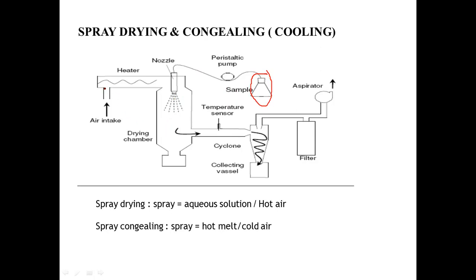Here we are providing the hot air. Then the process is, after the spray drying, due to the heat, they will get coated. It will pass to the cyclone, and here we will collect our encapsulated material. This is our air aspirator, which we use for the outlet of our temperature, and this is for our filter. That is a simple process that we are using for the microencapsulation process.